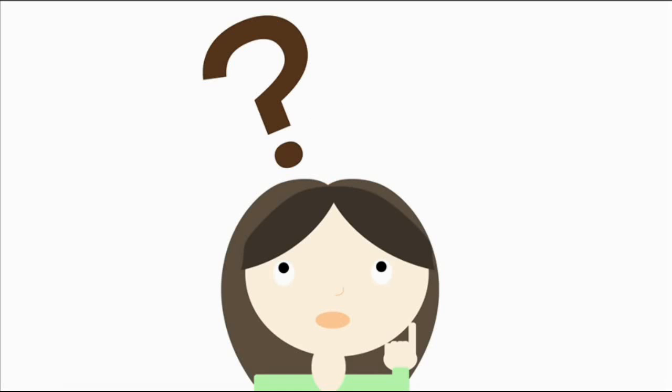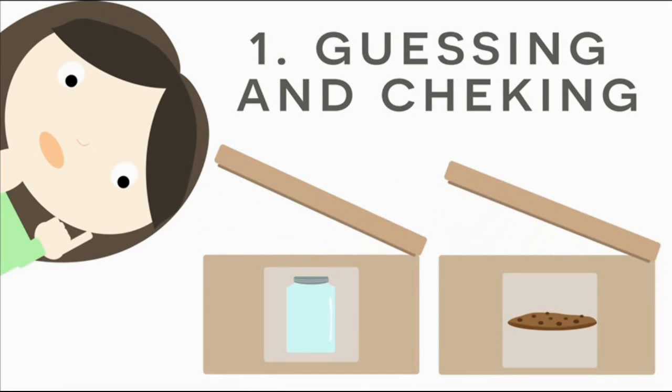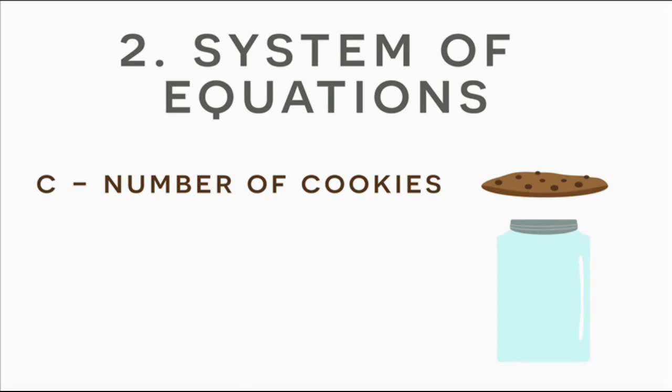So exactly how many cookies and jars do we have? Well, there's 2 ways to solve this problem. One way is just by guessing and checking, which I feel like anyone can do. So I want to show you how to solve this using a system of equations. So let's create a system of equations using the information that was given to us at the beginning of this video. So to start, let's let C represent the number of cookies, and we'll let J represent the number of